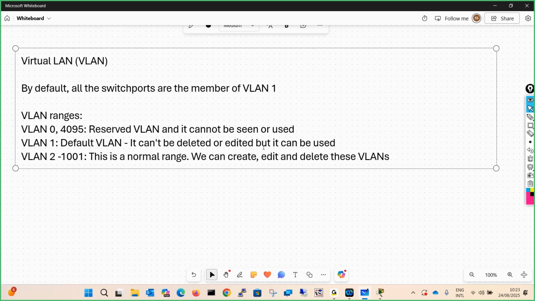In your normal day-to-day operations, where you want to break the broadcast domain, or unnecessary broadcast, if not required, you can do it by creating a VLAN. And when you're creating a VLAN, it's created on the basis of the VLAN ID. So you can use VLAN IDs from number 2 to number 1001. These are the normal range and you can use them.